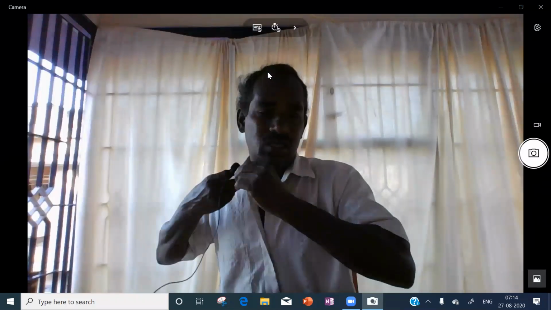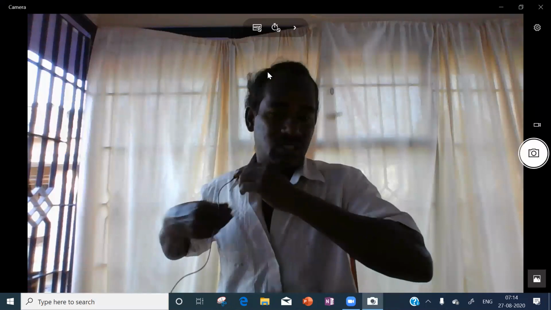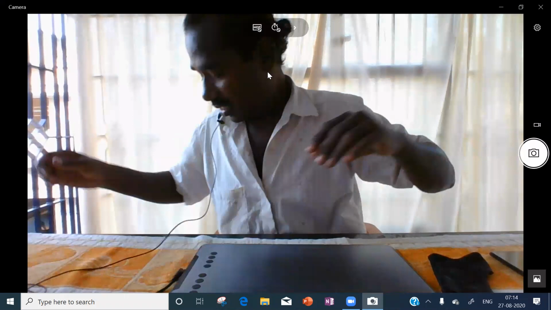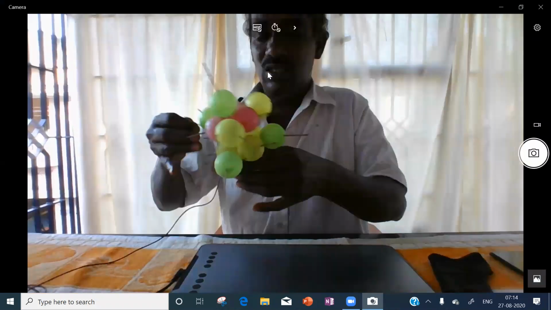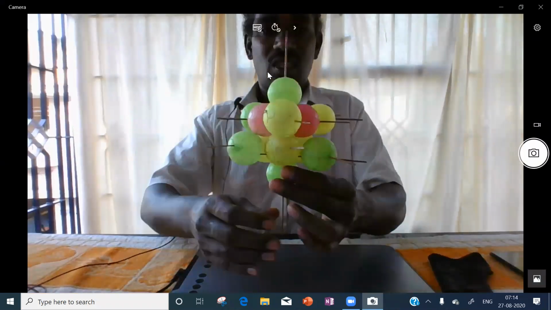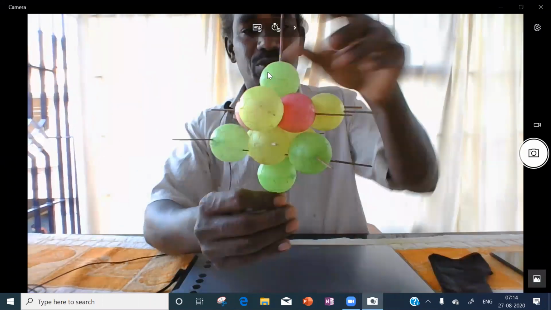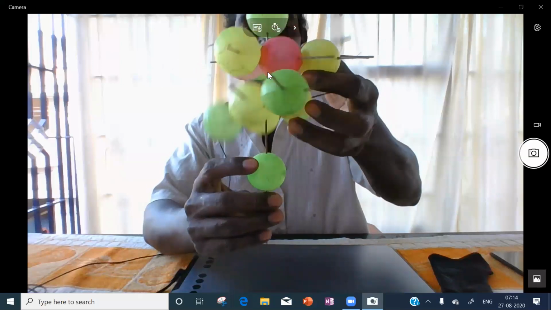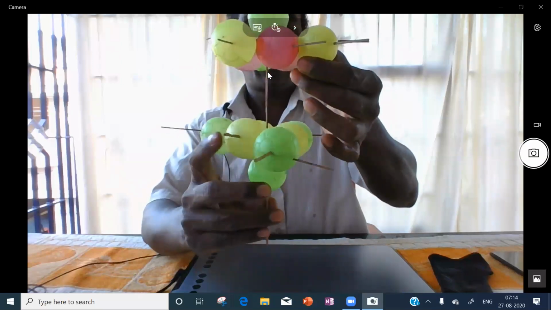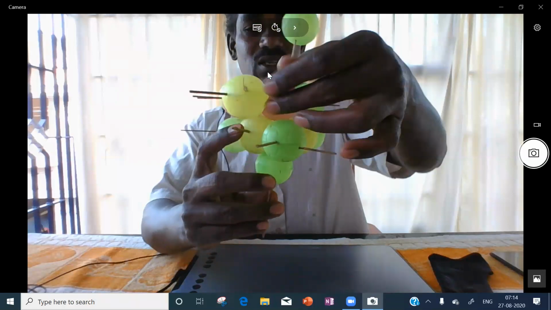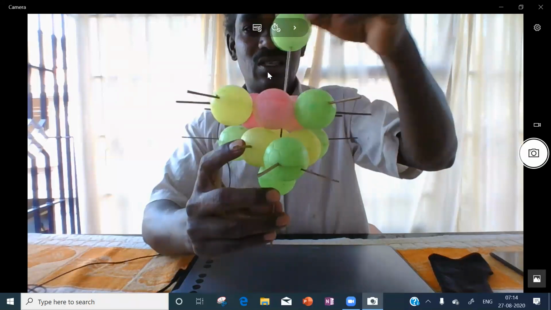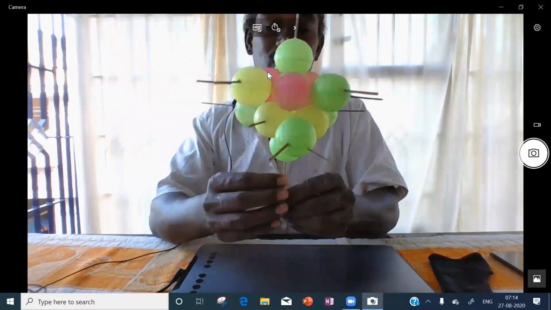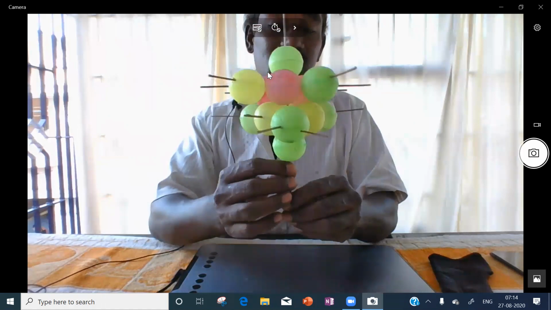Let us continue solid state. FCC will continue. First we will see the FCC model. In this FCC model, you see that this is one layer. This is the first layer. This we will say as the second layer. This is the third layer. This is the fourth layer. So 4 layers are there.